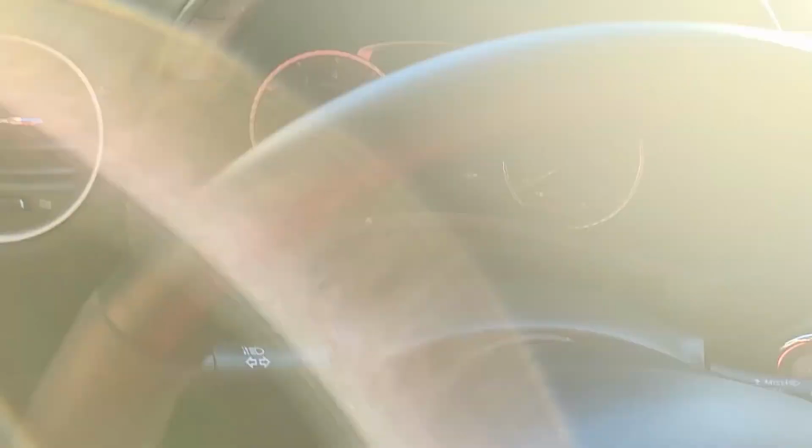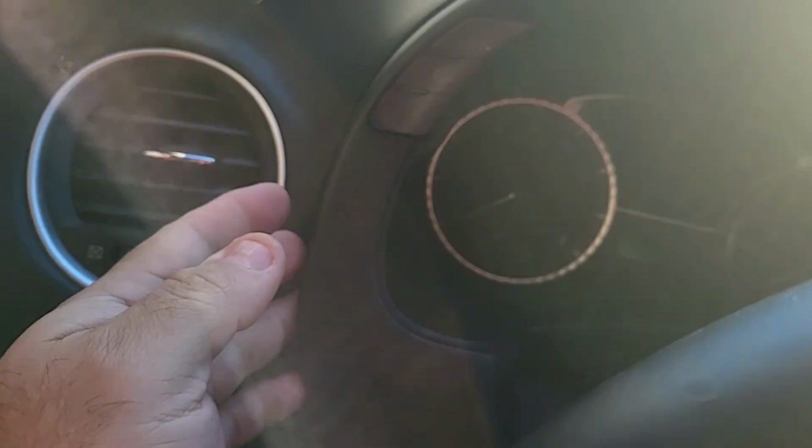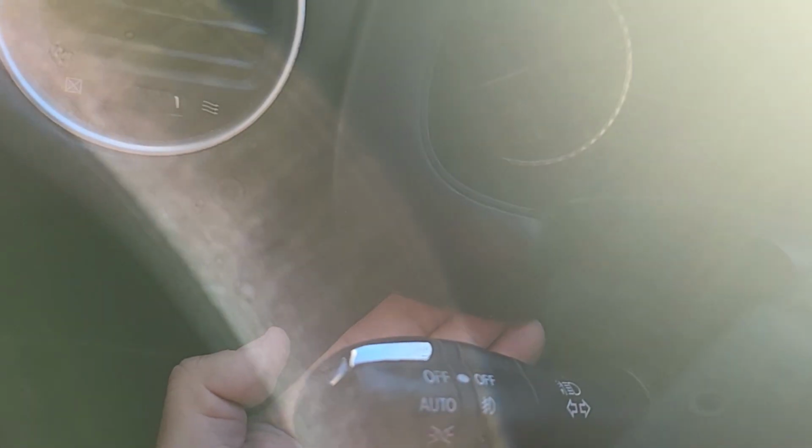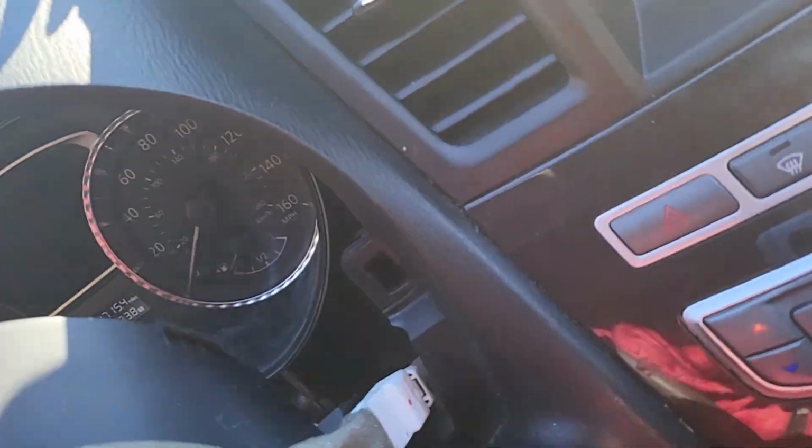Alright, so when you pop this, it's a lot of sound, sorry about that guys. You're gonna pop this up like this, and then you find your way. You're gonna start prying here, go all the way around until you get like this. So here you're gonna have one connector here,